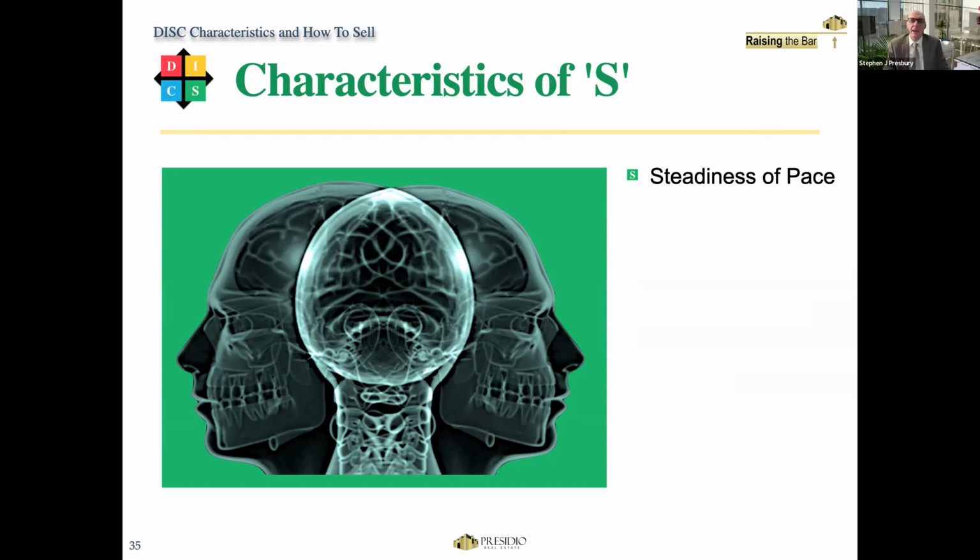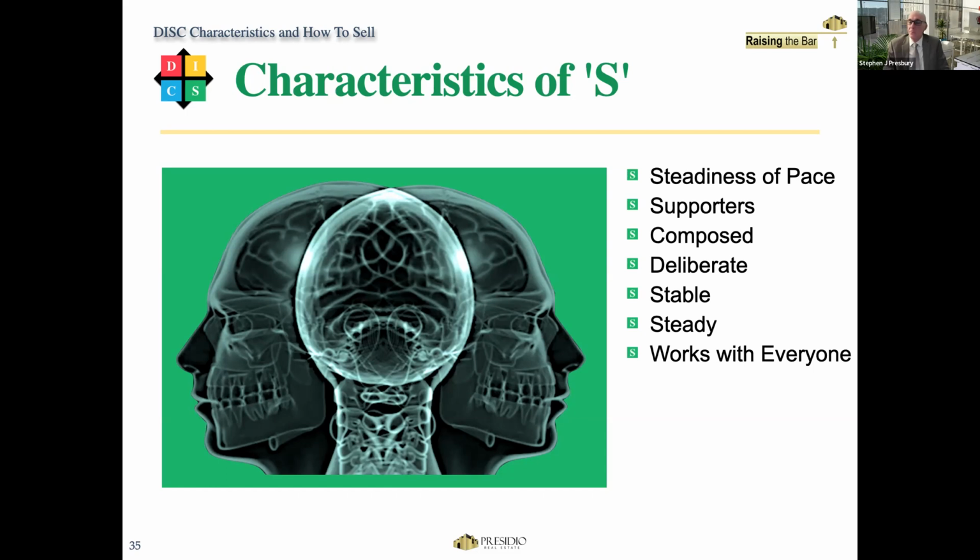Perfect. Talk to me about these characteristics of S. I'll run them up there for you. You've definitely had a chance to work with these type of people. They're very set in their ways. They're stable folk, quite composed. They work with basically everyone. Talk to me about these sort of people. Well, they're people that are composed and know what they're doing, deliberate, stable. I think they're some of the easiest to work with, because they know what they want and where to go. So you just have to kind of guide them to what they're looking for.